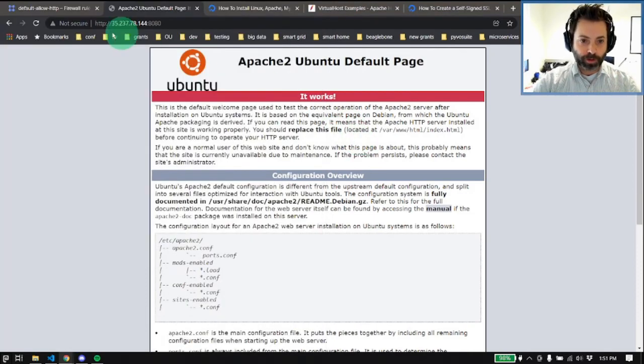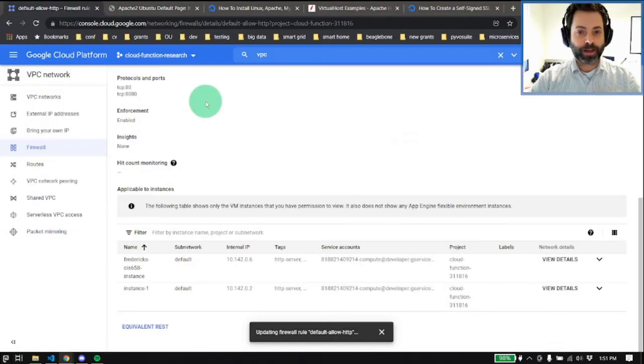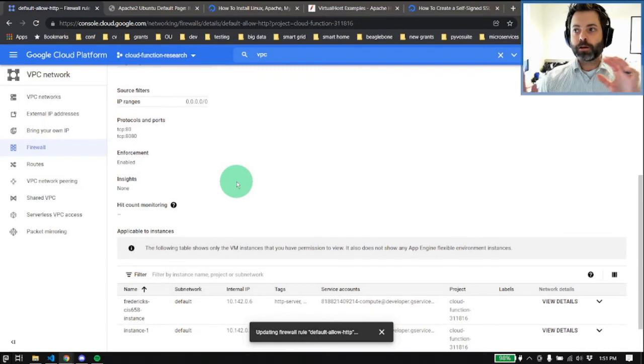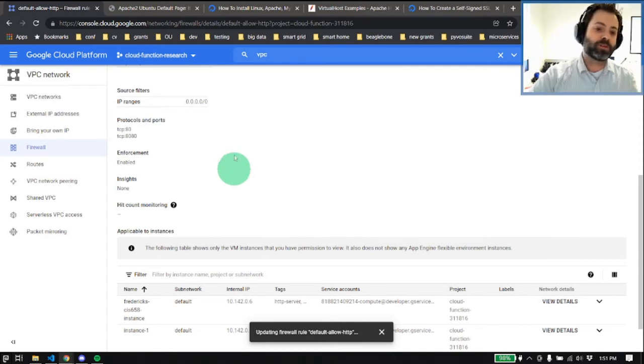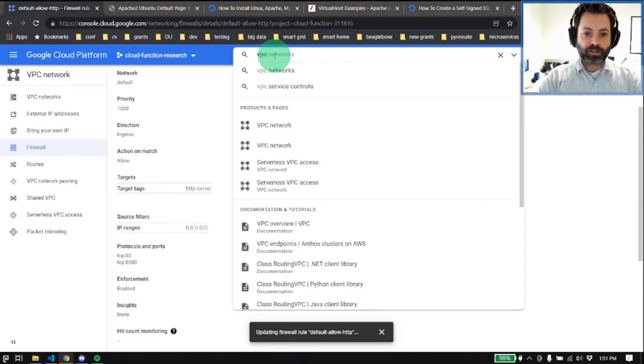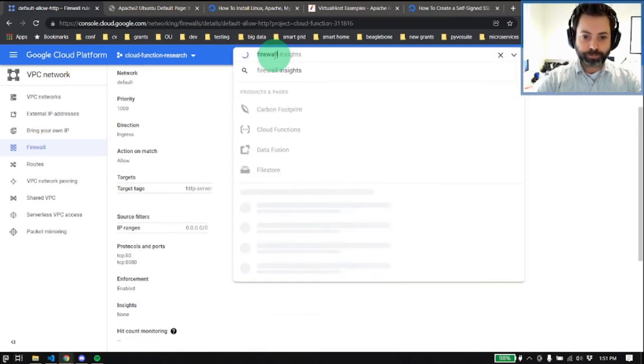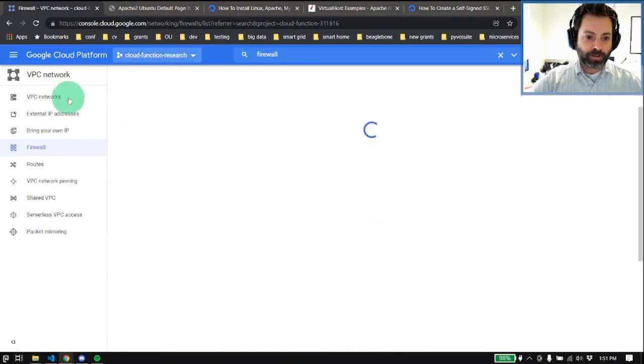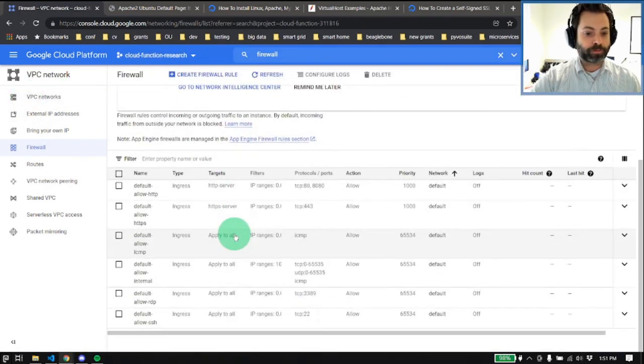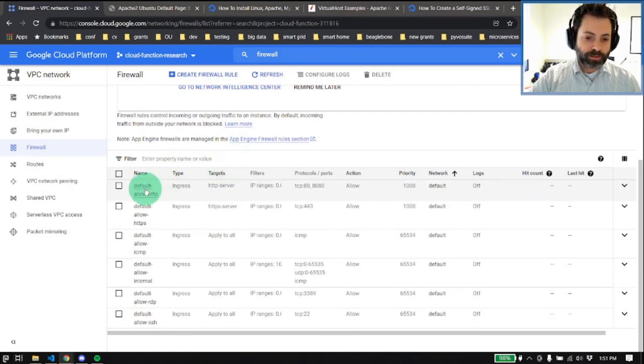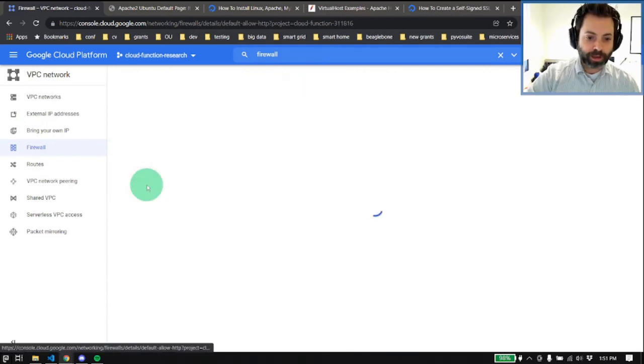So first thing, we had to open up port 8080. This happens in Google Cloud. Again, Google has a separate firewall to prevent traffic from coming in from outside sources, and you configure UFW. Right, so what I did was I searched for firewall here, okay? And this takes you to the VPC network page and then all the firewall rules. You could add your own new rule, but what I did is I just went to the default allow HTTP